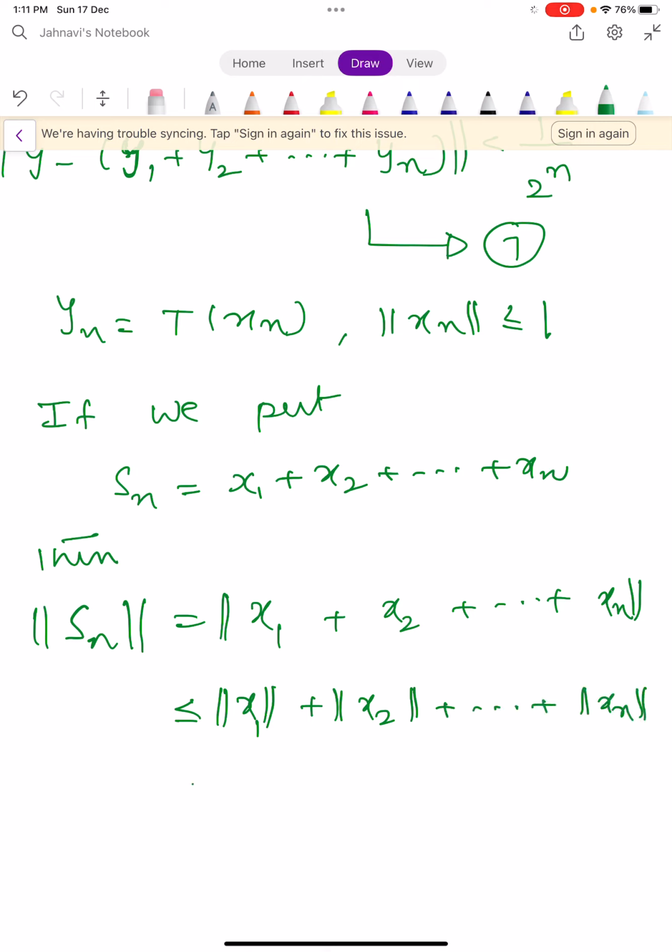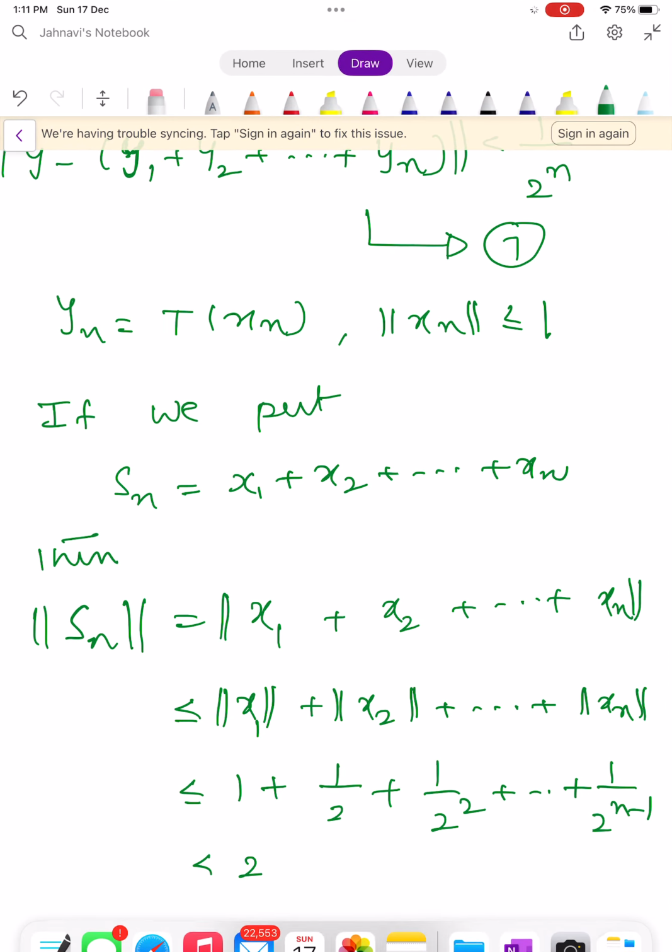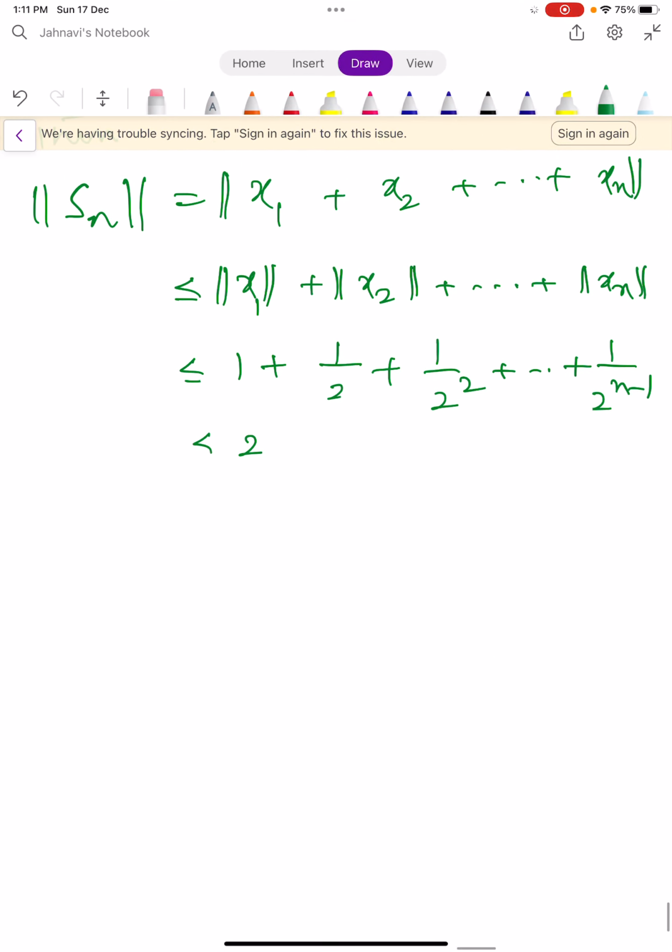Norm x1 is less than or equal to 1, the next term is 1 by 2, then 1 by 2 square, plus and so on plus 1 by 2 power n minus 1. So this whole sum is less than 2, obviously, by using geometric progression. Therefore we conclude that norm Sn is less than 2. For